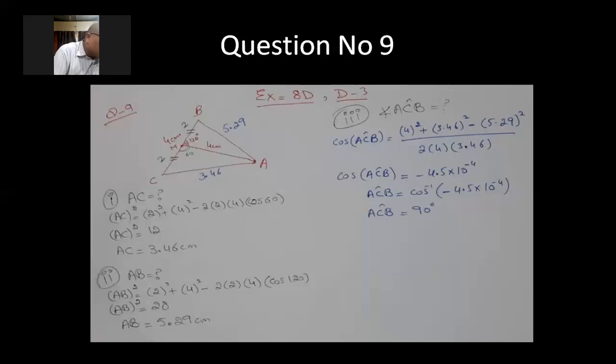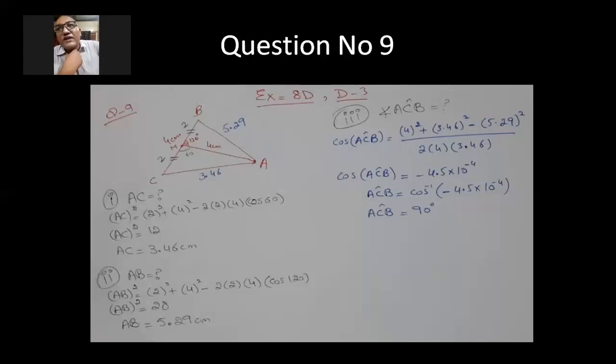The third part is, he says find the angle ACB. So he wants you to find out this angle. I know this side is 4, I know this side, that's 3.46, and I know this side, that is 5.29. So I can apply the law of cosine, and I can find this angle. If you want to find this angle, these are the two sides which are around that angle, and the side opposite is 5.29. So the cos of ACB will be equals to 4 square plus 3.46 square minus 5.29 square,